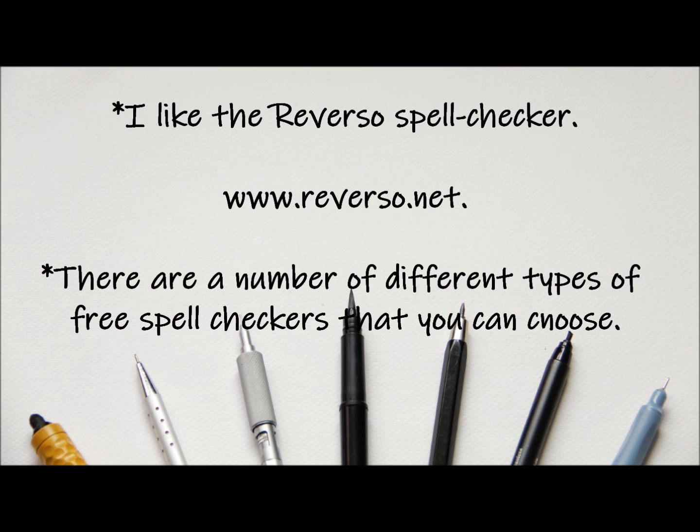So I recommend using a spell checker tool with your child, teaching them how to use a spell checker tool, especially as he or she gets older, because he or she needs to become more of an independent speller on their own. And getting back to tip number 2 about the syllable types,